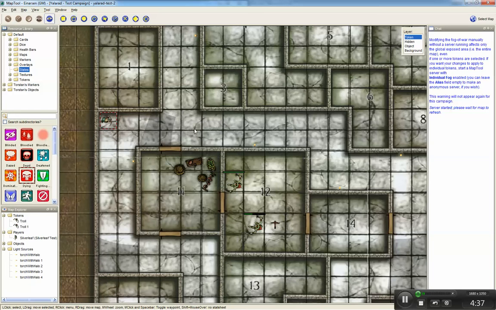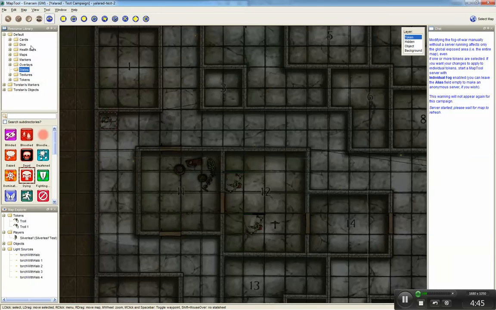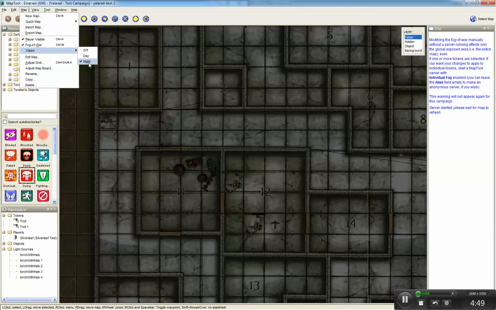Now, this is sort of the full view. I'm going to go into map and go fog of war. Also, you'll notice that in the map I've got it for night. So basically night means you need a light source, and so in an underground dungeon setting, of course, night is important. Day would just allow people to see everything, except for tokens,